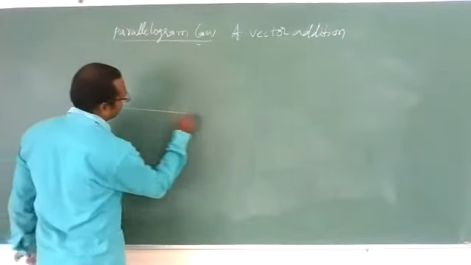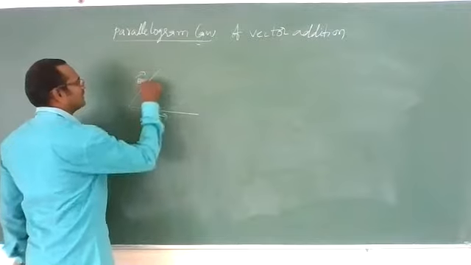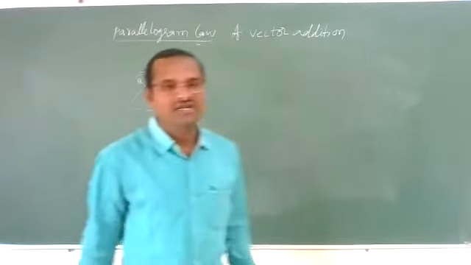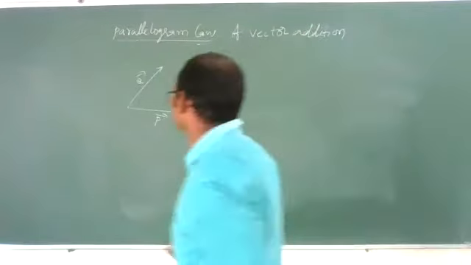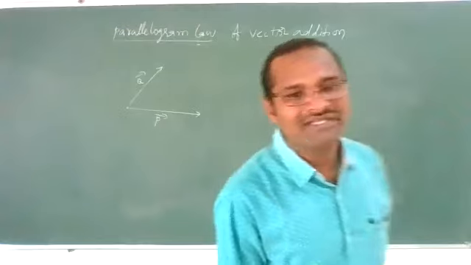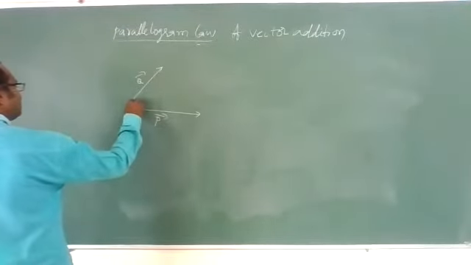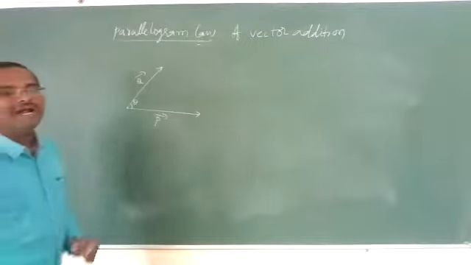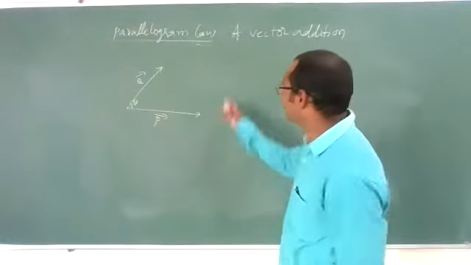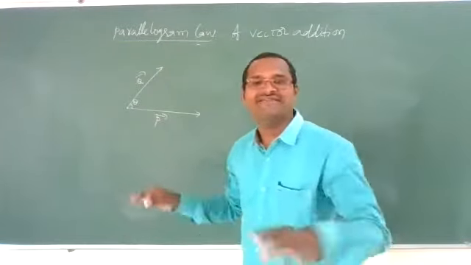Two vectors are named like this. One is P bar, another vector is Q bar. These are the two vectors given to us. Then how to add these two vectors? These two vectors are coincident, like this. Now to add these two vectors, the angle between them is theta. If you shift this Q bar to here, it will become a triangle, but we don't want to shift. We need to find it directly.